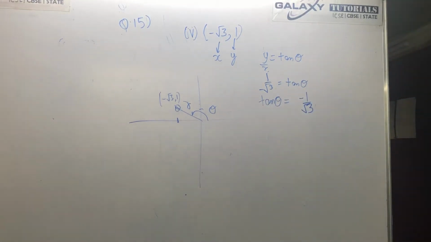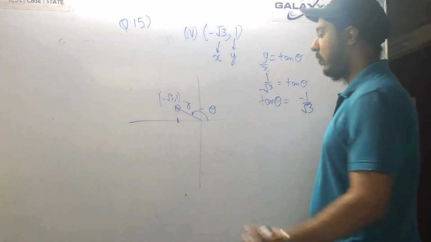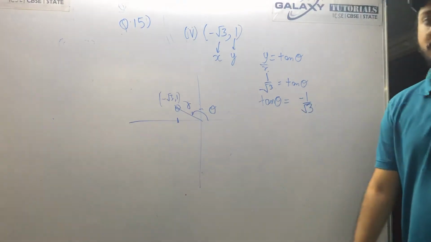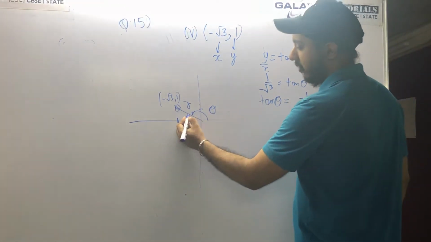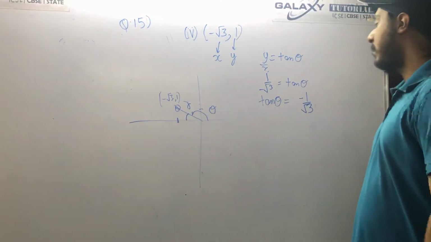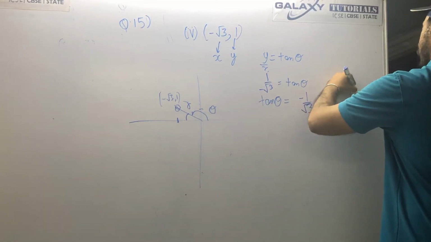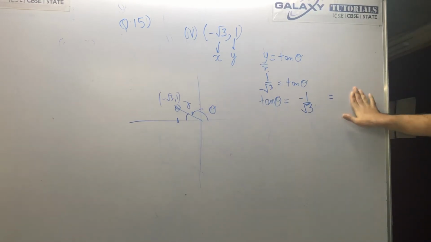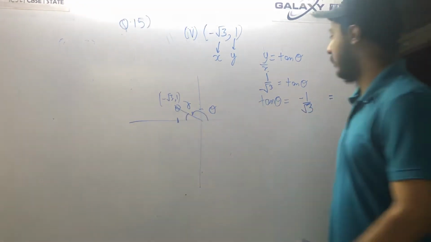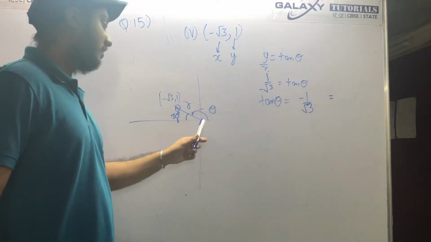Okay. So you all know that tan theta is 1 by root 3 at what angle? It is at 30 degrees. So basically this theta that you get from here is in the second quadrant, somewhere here. This will be the theta angle here in this quadrant, 30 over here. But you can see the value is negative, so that means it is lying in the second quadrant.